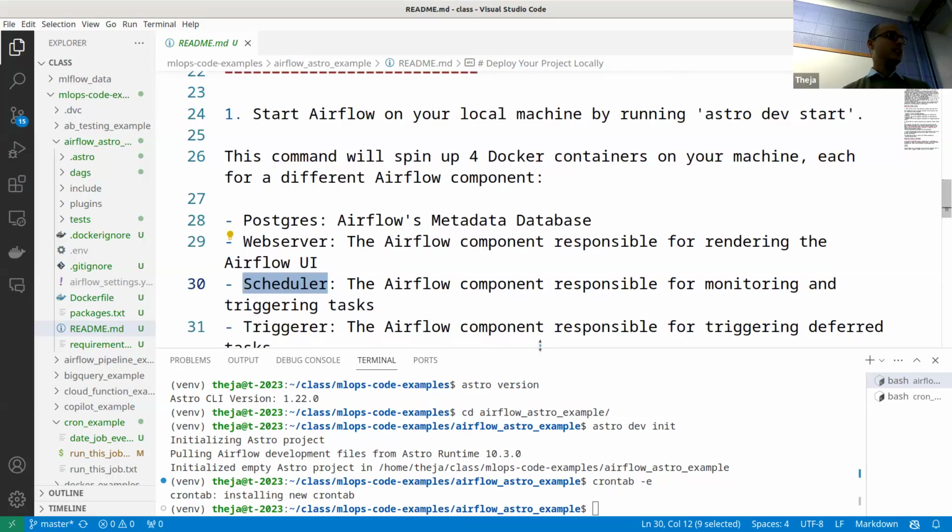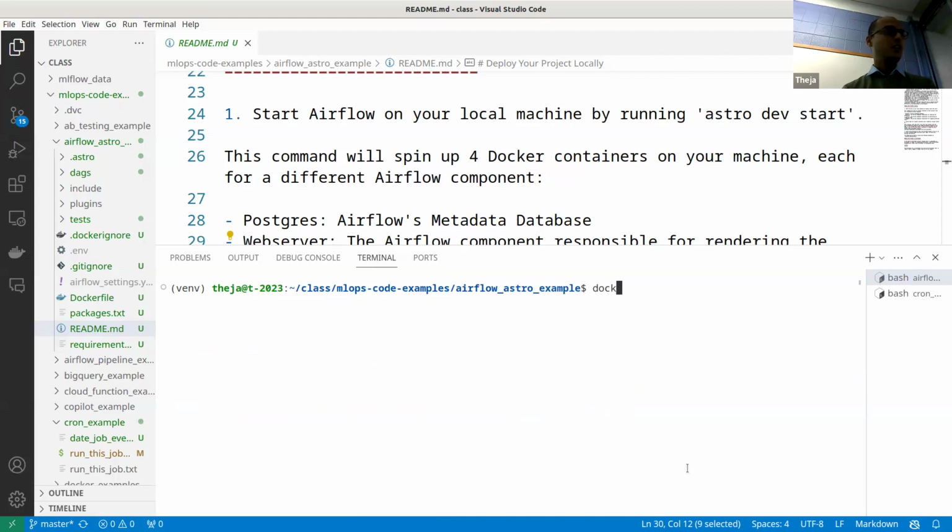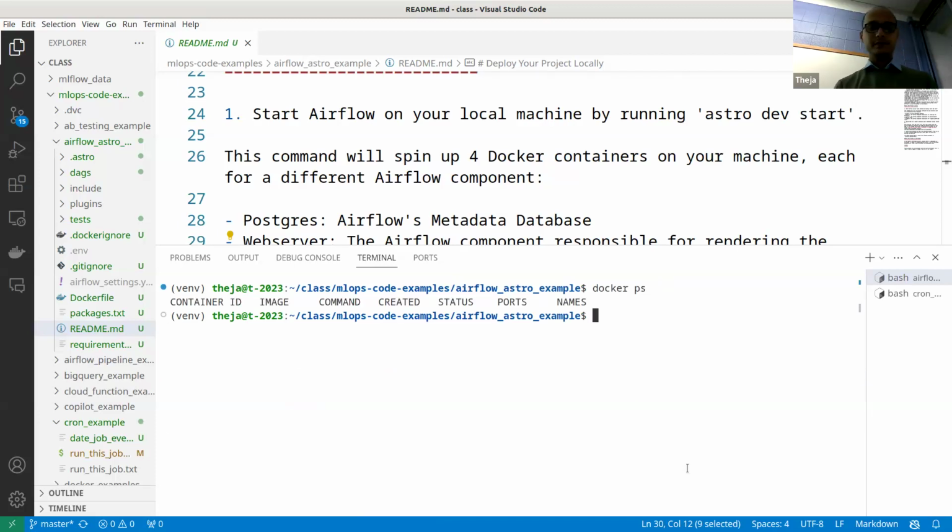Okay, so let's actually run it and just see the UI. That's pretty much the end of the demo. We don't want to do too much complex stuff here. So let's see Docker. We don't have any container running right now. So, astro dev start.